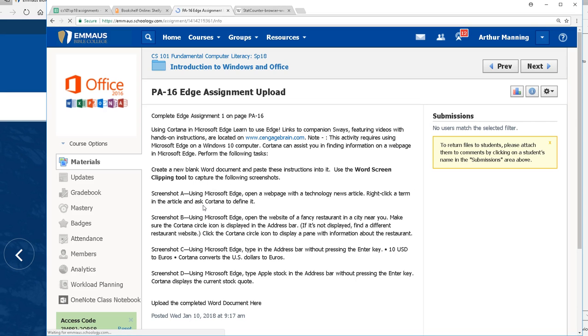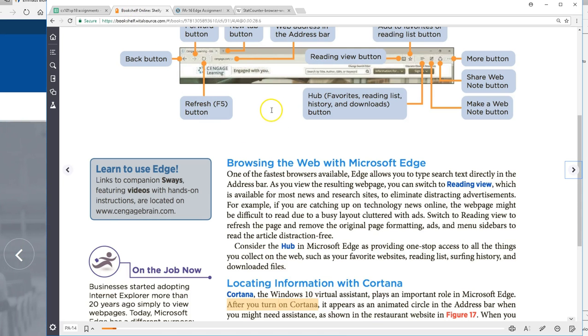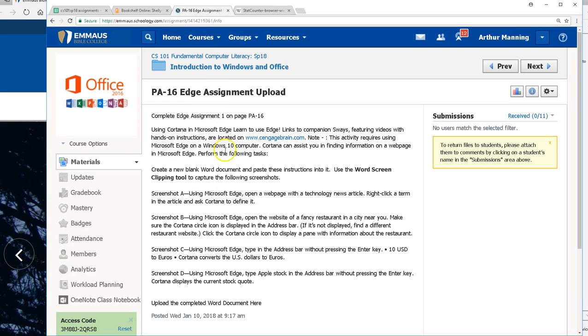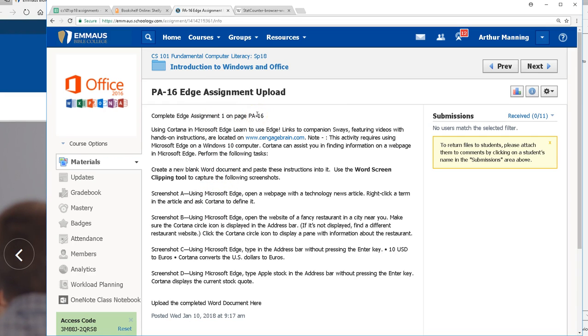PA16. And I'll be showing the piece of the excerpt from the book right here, describing Edge. And the basic assignment here, if you click on that, under Schoology, it's basically a copy-paste from the book, Assignment 1 on page PA-16, which is basically learning to use Edge. And if we finish the Edge part with these 4 screenshots, then we can go on to the Google Cloud Service assignment. So, as the book describes in Edge,